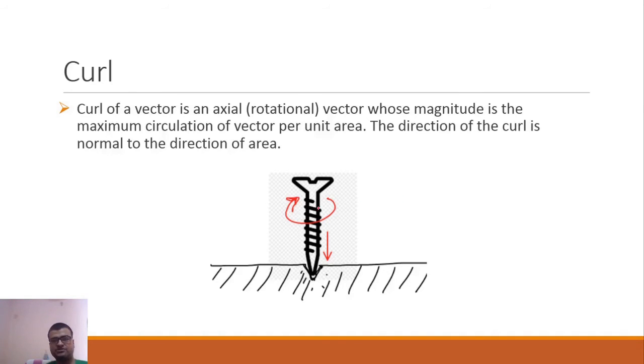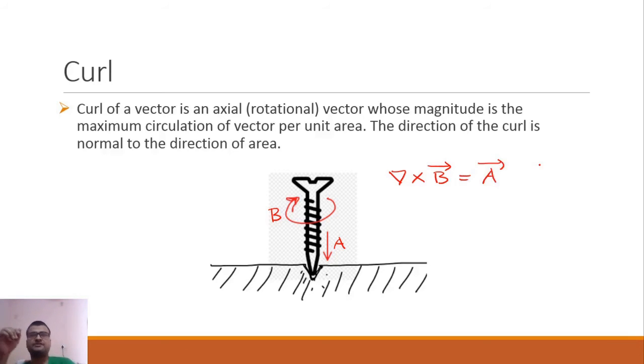Let's say that this is a screw and we are trying to tighten the screw. So obviously, to tighten a screw, you will have to rotate it clockwise, and it will go in this bottom direction. Let us say that the force which is being applied because of the rotation of the screw is A, and the rotational force which is rotating the screw, let us say that this is B. So if we find out the curl of B, which is the cross product with the delta operator, you will get the result as vector A.